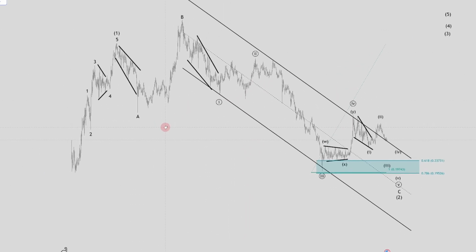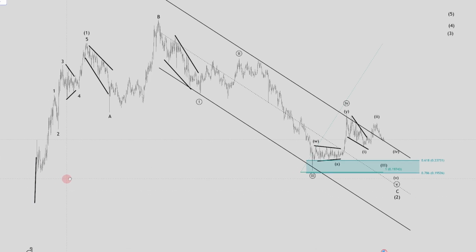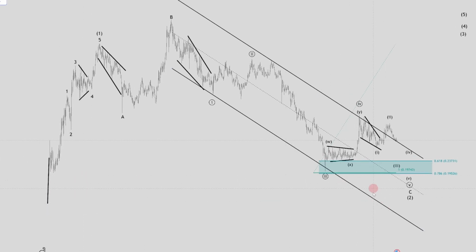But one thing that I have to mention is that the crypto chart from TradingView, which gathers several sources of information, actually starts a few days earlier. And it has something like this, I'm going to show you guys. It has something like this here, meaning that we could have a little more space. Now, I would not like to use this as an excuse to force an impulse wave, wave 1 and 2, but since this is the very beginning of the cryptocurrency, it could be something we could consider,